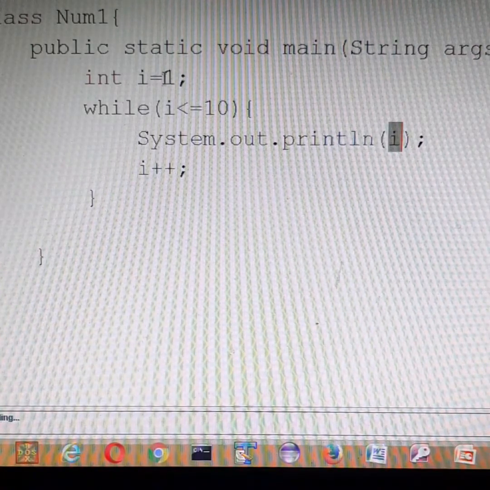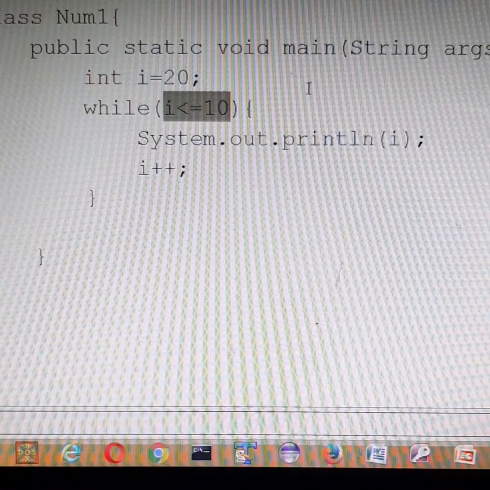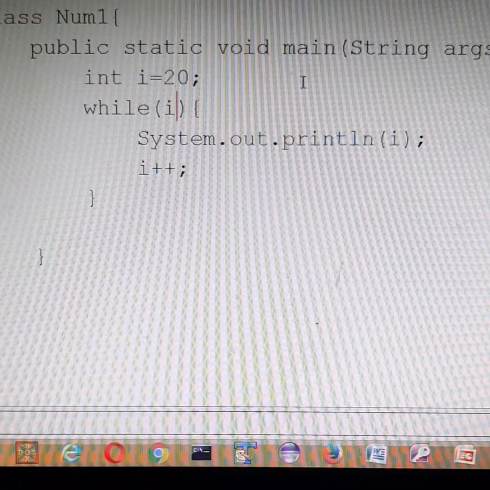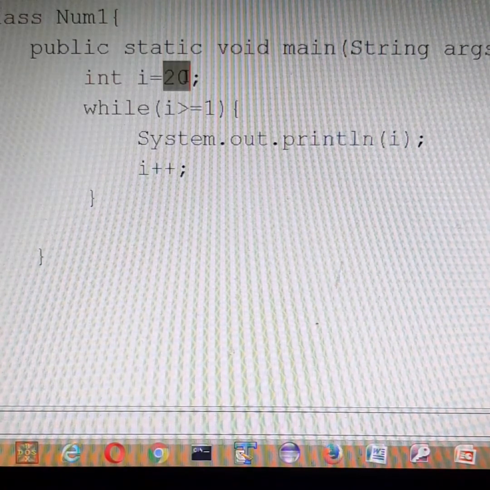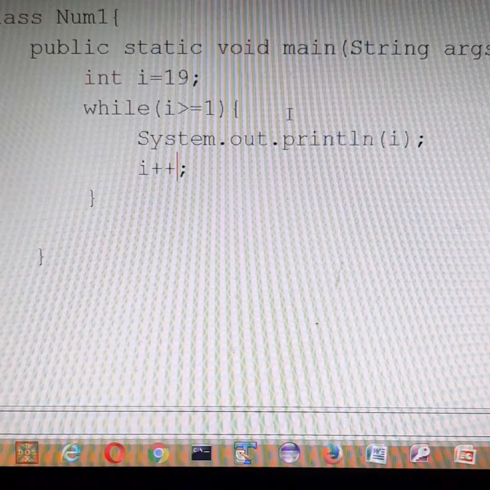Now suppose we have to print first 20 odd numbers in reverse order. So I'll have to keep I with 20 and I have to print it in reverse order till it reaches 1. So I'll be writing I is greater than equal to 1. Right, but I cannot write here 20, it's better to write 19. 19 is greater than equal to 1 is a true condition, so that 19 can be immediately printed.